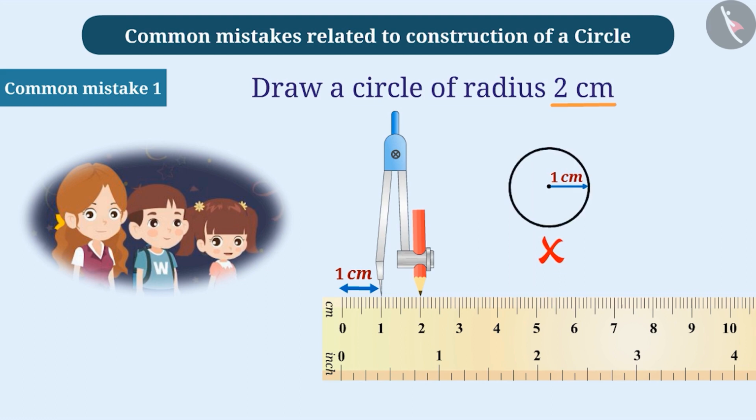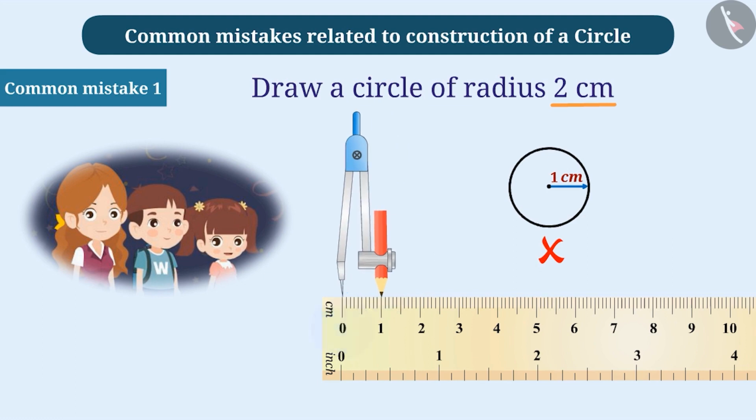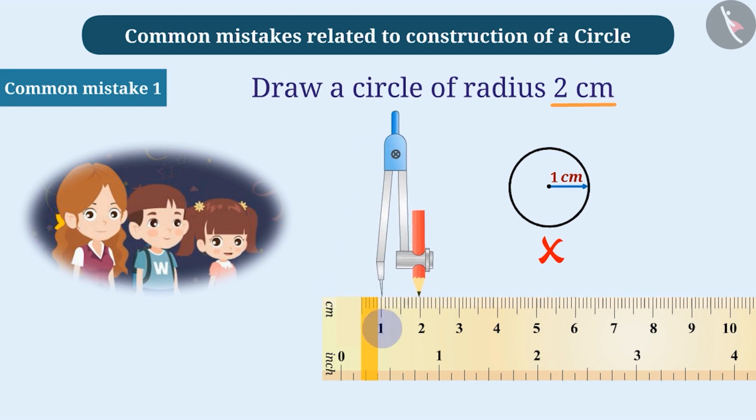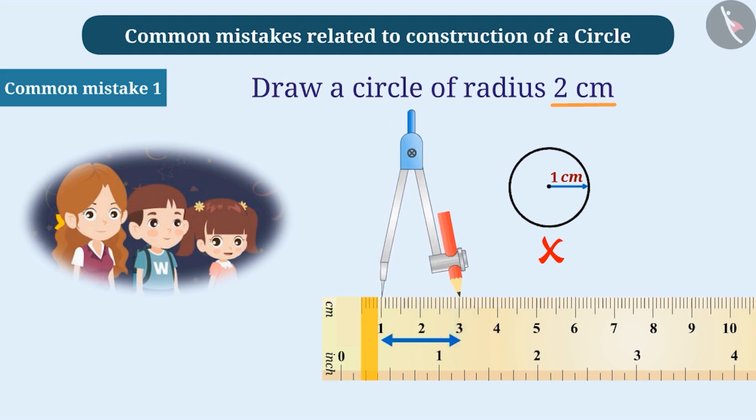Keeping in mind that while measuring in the compass, it is necessary to keep the pointed end at 0. If the ruler is broken or the 0 sign is not visible properly, then we can place the pointed end on the other symbol, but then it is important that the distance from this symbol is measured properly. That is, if we place the pointed end on 1 and we need to open the compass for a required radius of 2 centimeters, then it is important that the tip of the pencil is placed on the symbol 3. If we place it on symbol 2, it will be wrong.